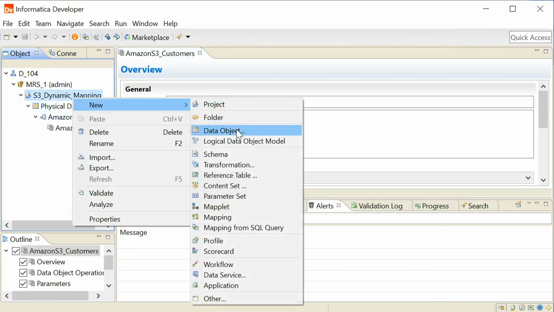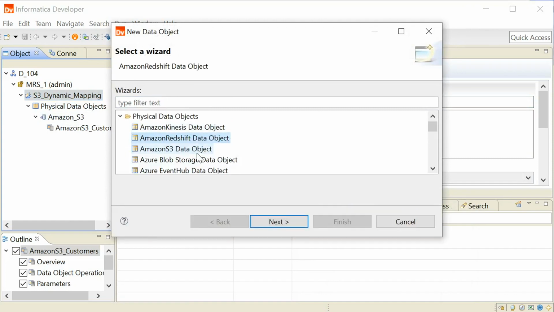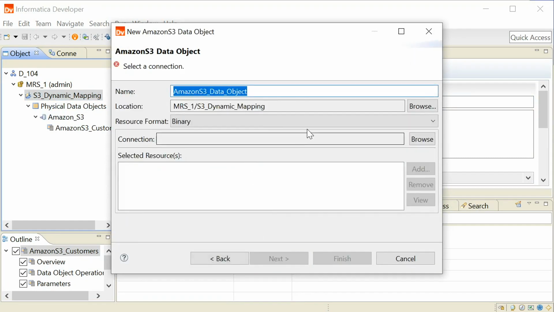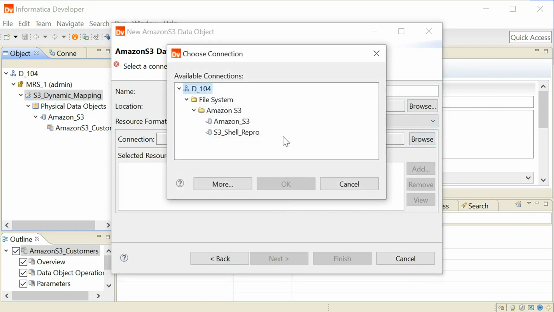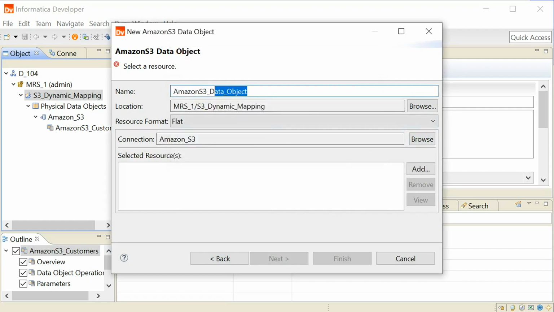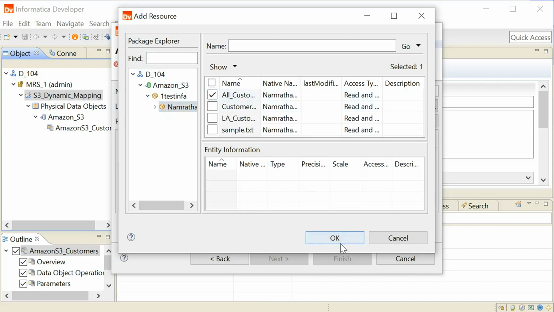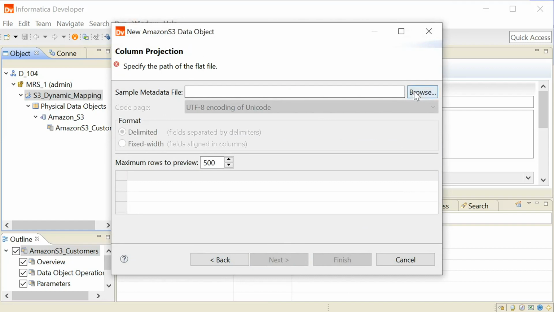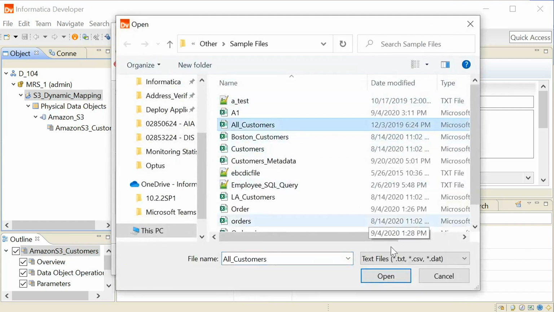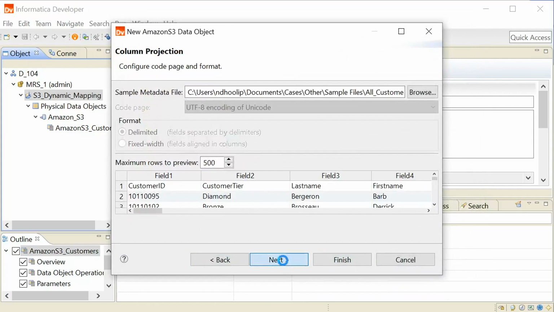We'll create another object for the target. We'll select another object, all customers, as the target. This will also require a sample metadata file since you have selected the resource format as flat.